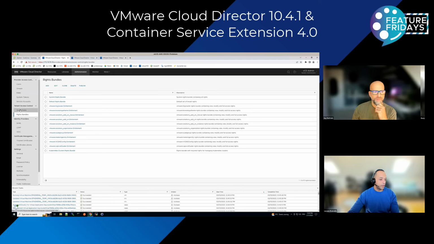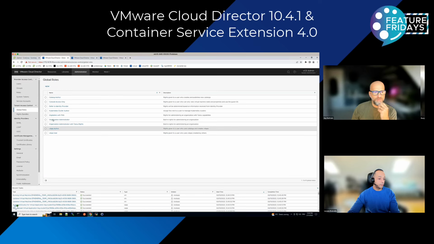One of the other things you still need to prepare before your tenant can create them is that I cloned an org admin role, to be able to create VApps and so on, because this is needed. I just called it org admin with TKG. It will take some time to load. Under roles, under others, you'll find the specific role or permission which allows CAB VCD cluster creation. You'll have to choose this, and then publish this role.